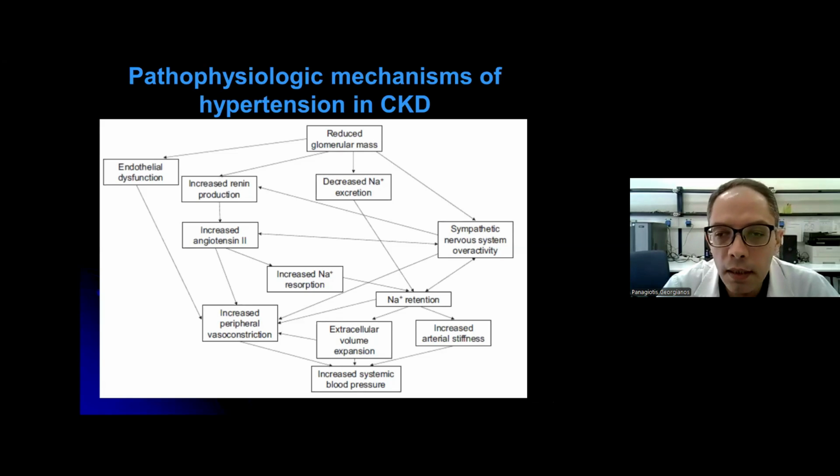Hypertension and chronic kidney disease are two pathophysiological states with a bidirectional interrelationship. The persistently high levels of blood pressure can accelerate the progression of chronic kidney disease. However, the progressive decline in the levels of eGFR can conversely act as a barrier to the achievement of an adequate blood pressure control. And here you can see that there are several mechanisms involved in the pathogenesis of hypertension in the chronic kidney